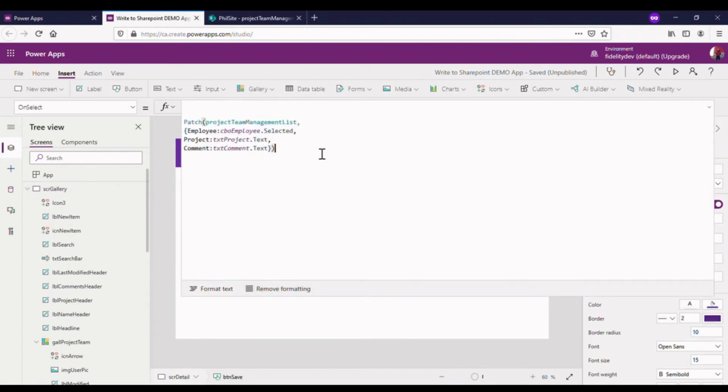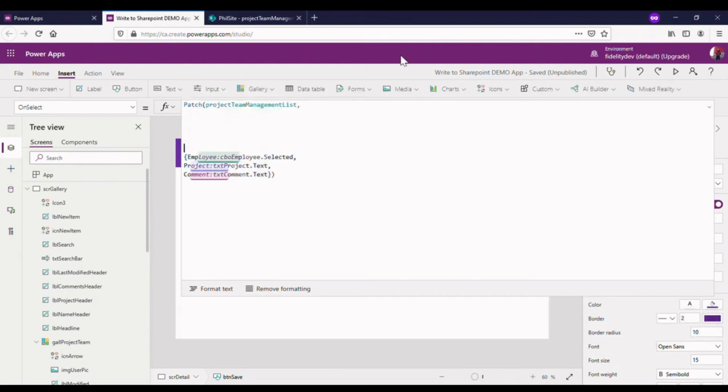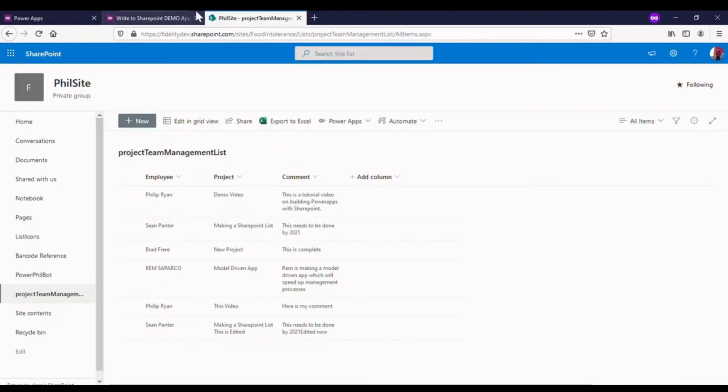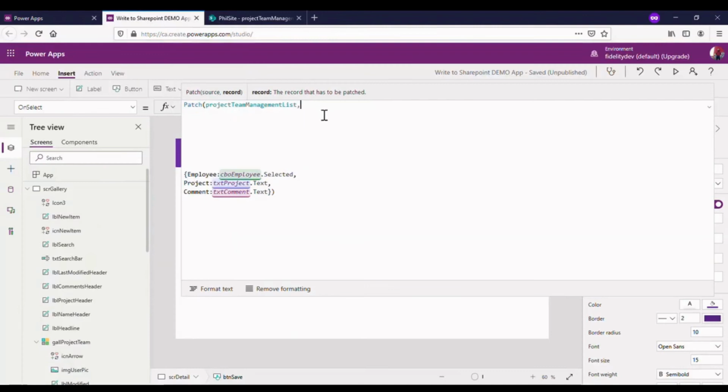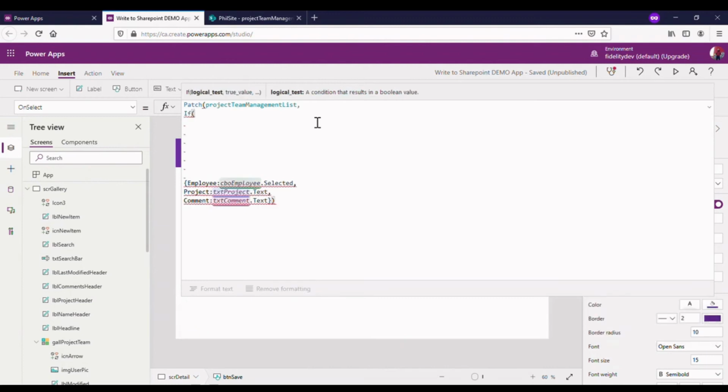So under my save, I'm going to keep that there for now. I'm just going to move it to the bottom. But under my save, I'm going to add a little bit more information. So I'm going to keep my patch actually. Start off with the patch. We're going to patch that SharePoint list. That's our SharePoint list in the background, Project team management list. We're going to patch that. But I'm going to put in an if, because we're going to decide, is this something that exists already? So if we look up